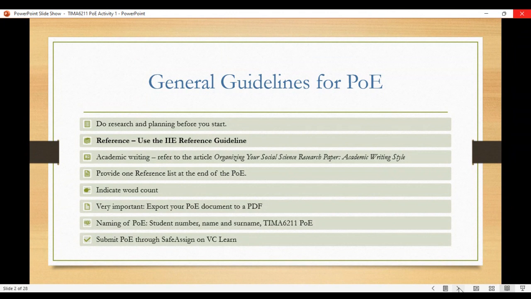I have also made a slideshow, which I have also copied into this activity for you, and I will show you later on so that you have it all together for this academic essay that you're going to write in activity 1. Then at the end of your PoE, after both activities, you provide one reference list. Please remember that the sources should be in alphabetical order.